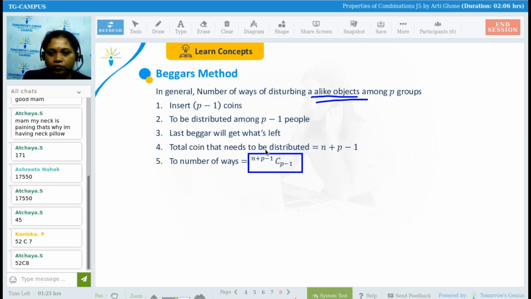The distribution of n objects among p groups or p kinds, where all objects are similar or alike,